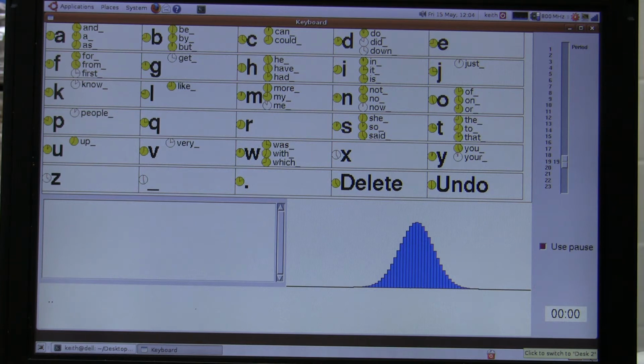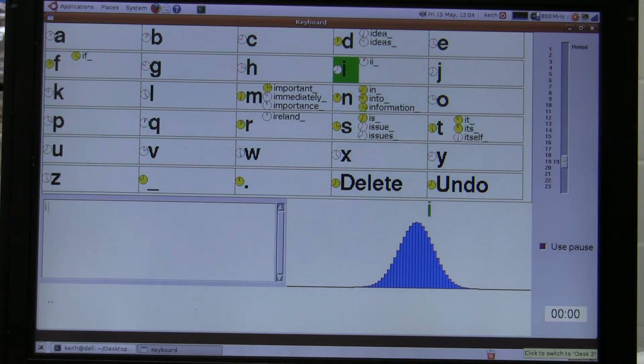To choose the letter I, find I on the screen. It is the 4th column of the 2nd row. Look at the clock immediately to its left. Press the space bar when the hour hand is near noon. Repeat until I is selected. When I is selected, the screen will flash green, I will be highlighted, and text will appear in the text